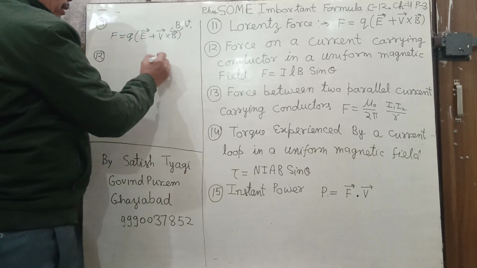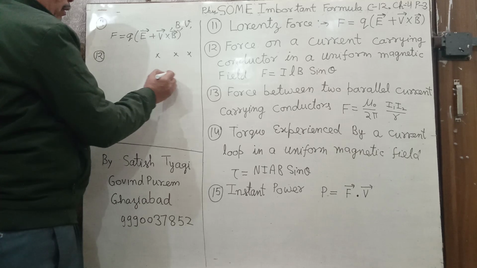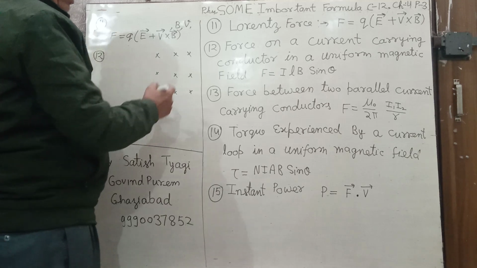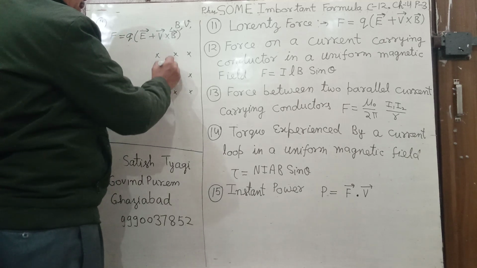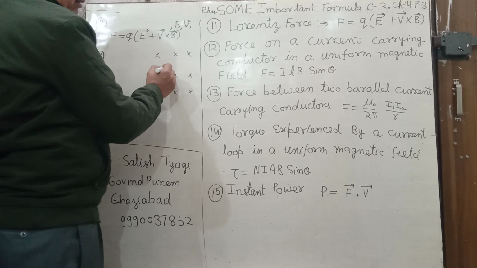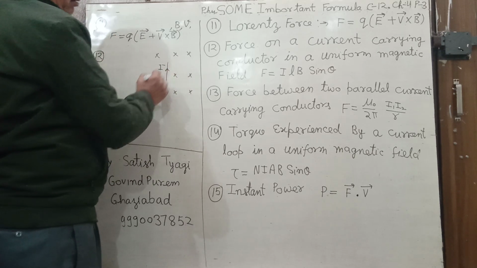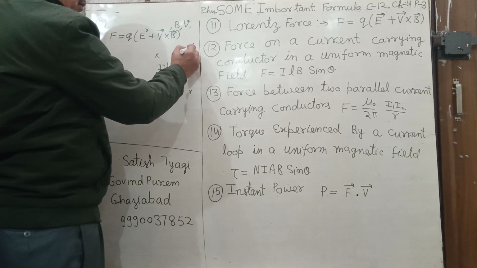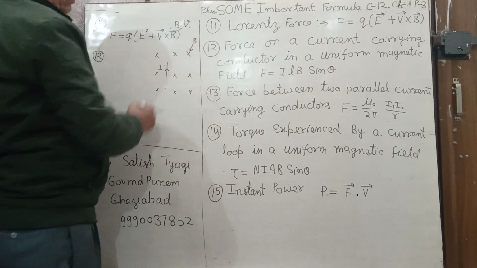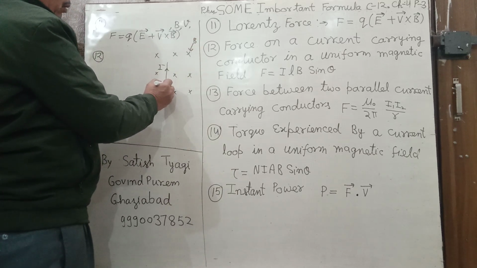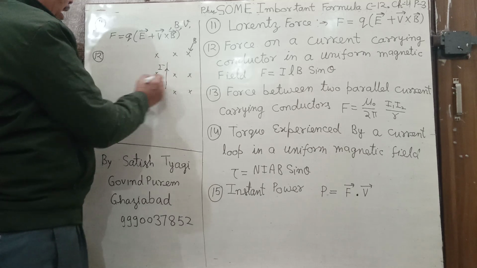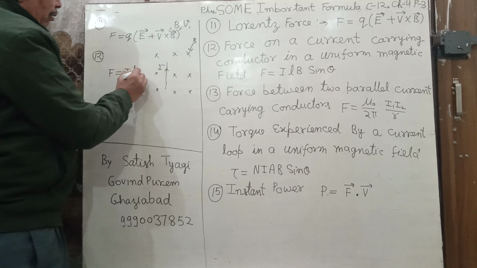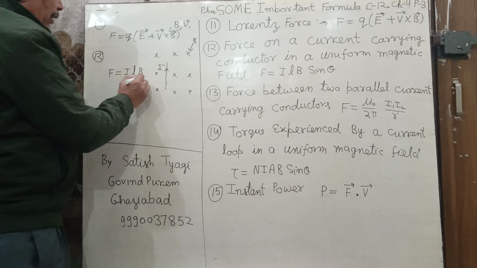Suppose the magnetic field is in this position and there is a wire in which current I flows, and the magnetic field is B, then the force on the wire is F equal to I L B sin theta,